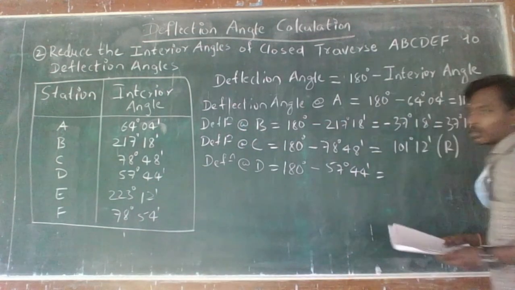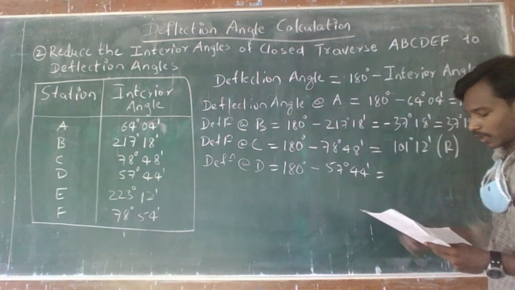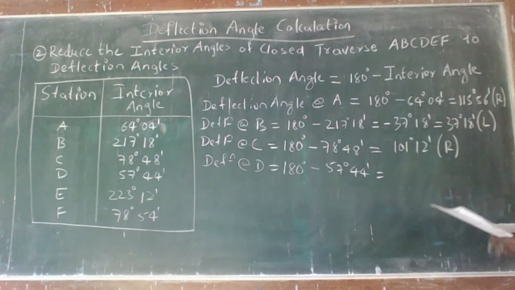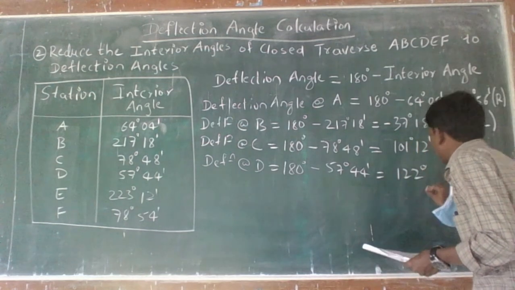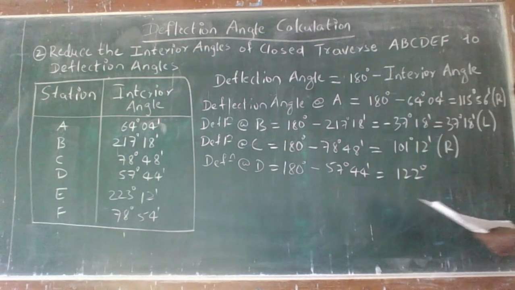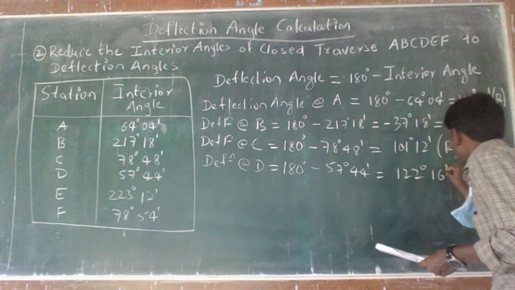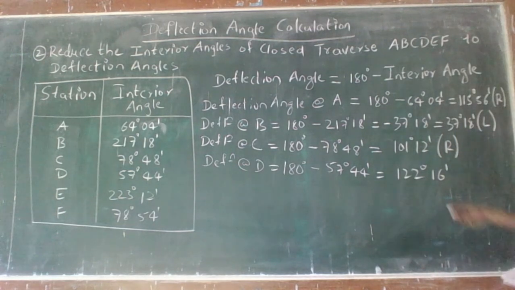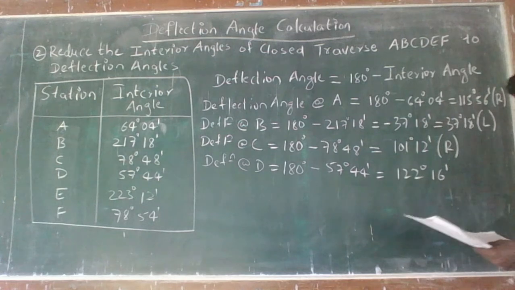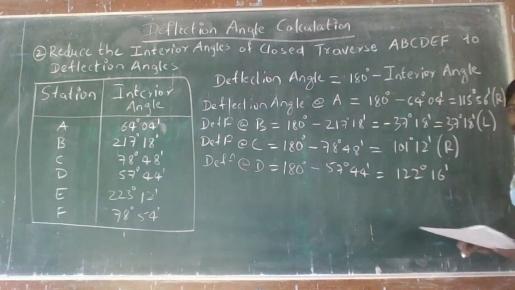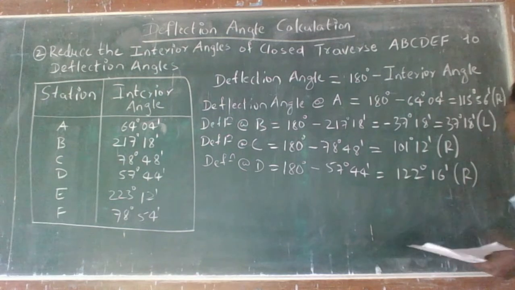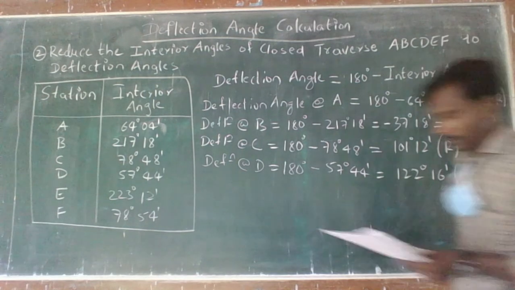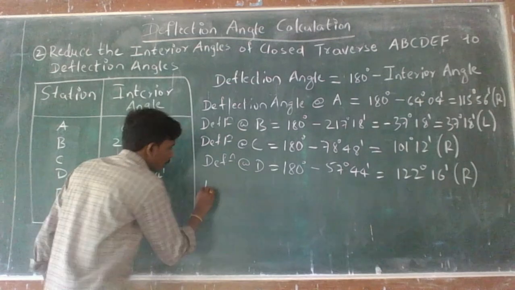The difference of these values will give the answer 122 degrees 16 minutes. As the answer is in positive nature, the deflection is towards right side, so we have to denote letter R in the bracket. Now let's move to the next angle,